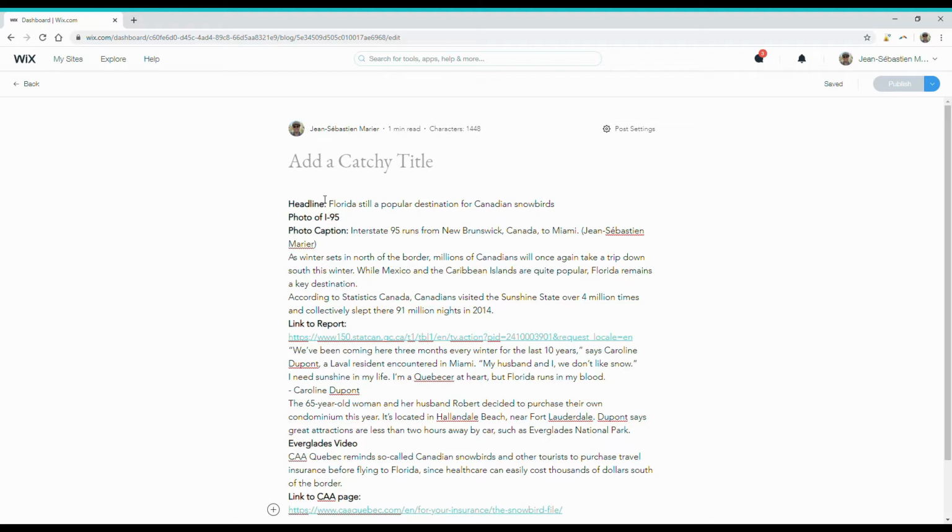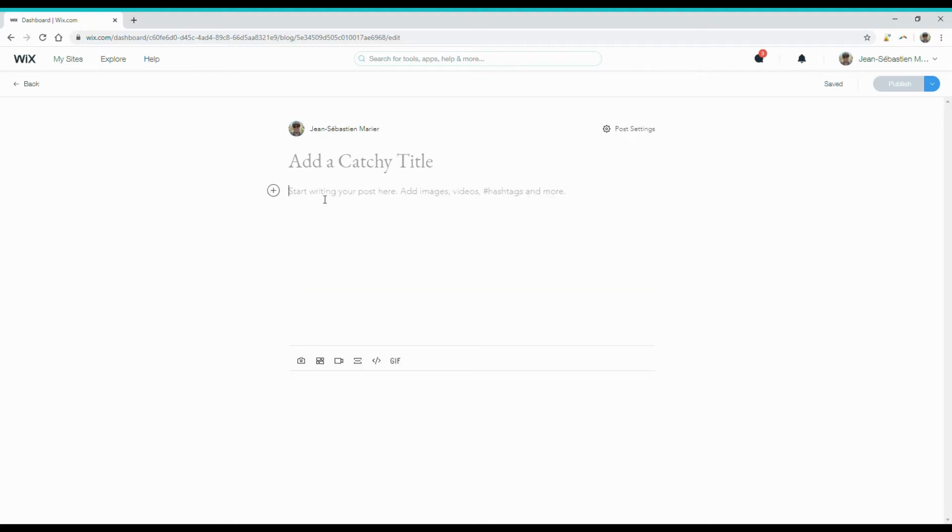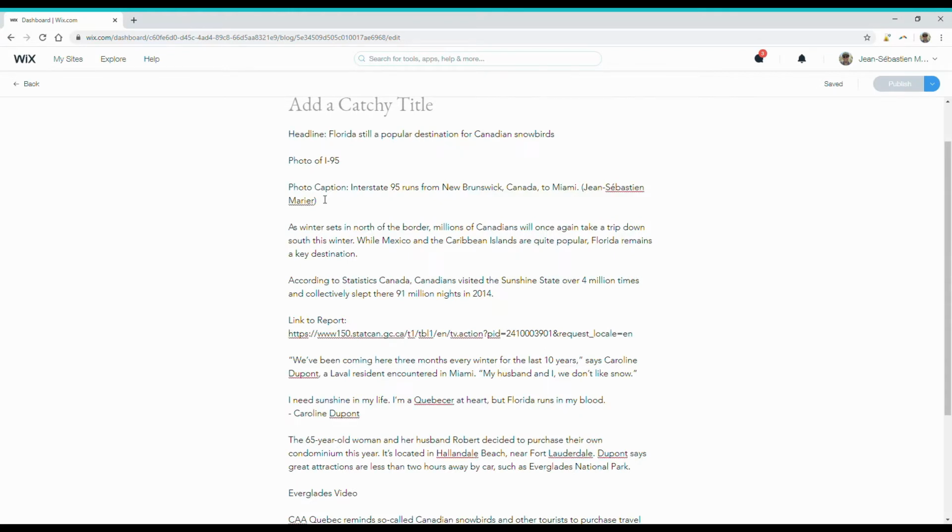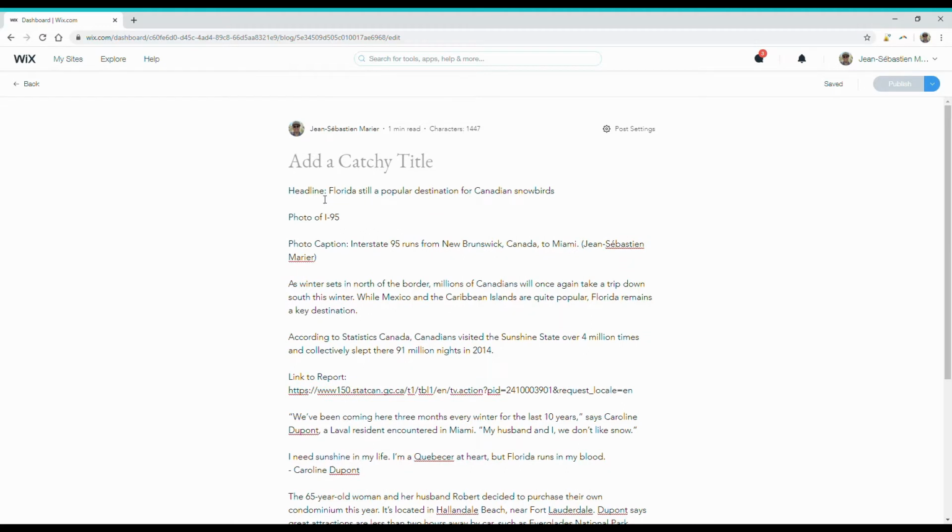So let's say that you wanted to simply paste unformatted text. All you have to do is to click on Control Shift V, or if you are using a Mac, Command Shift V. And now we have unformatted text, which is much easier to work with, generally speaking, in